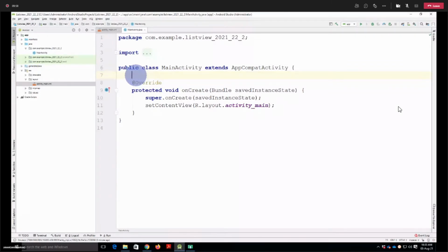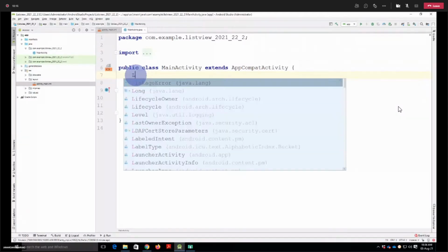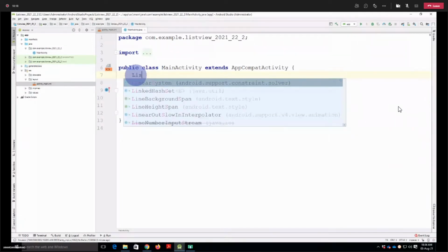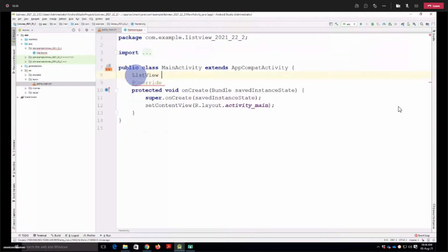That's it. The second thing, now while writing the Java code, we need to follow two steps, as we know. The first thing is we need to create the object of list view. I'm creating the object as LV.